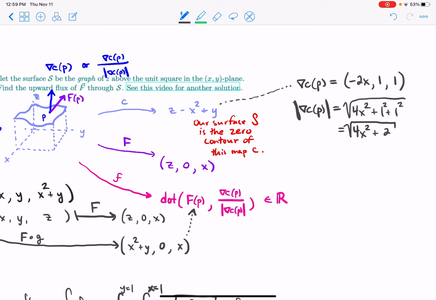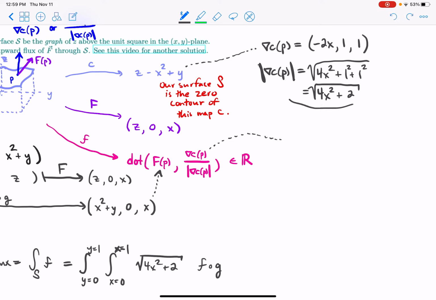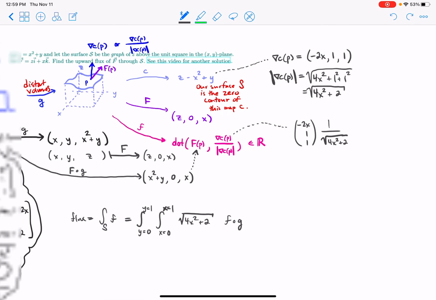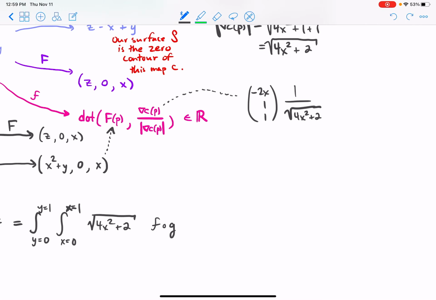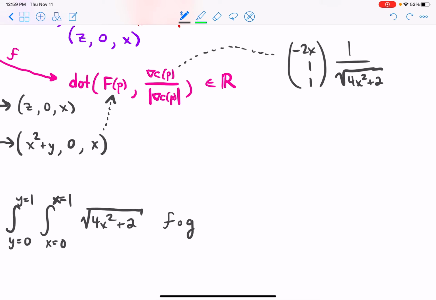So now this thing right here is just going to be the gradient divided by its length. So I'll just do 1 over square root of 4x squared plus 2. Okay, this is a vector times a number. I'm just scaling it down. Of course, I could write this in every single one of the 3 components as a division, but I don't want to do that, so I just put it out here. Okay, so then this dot product here